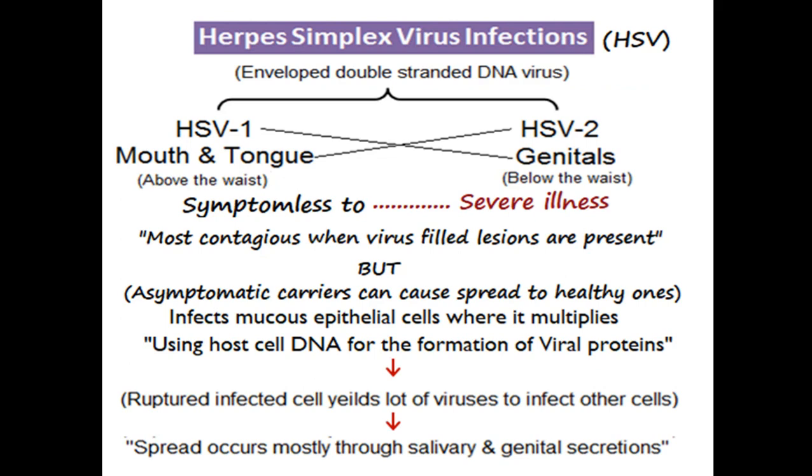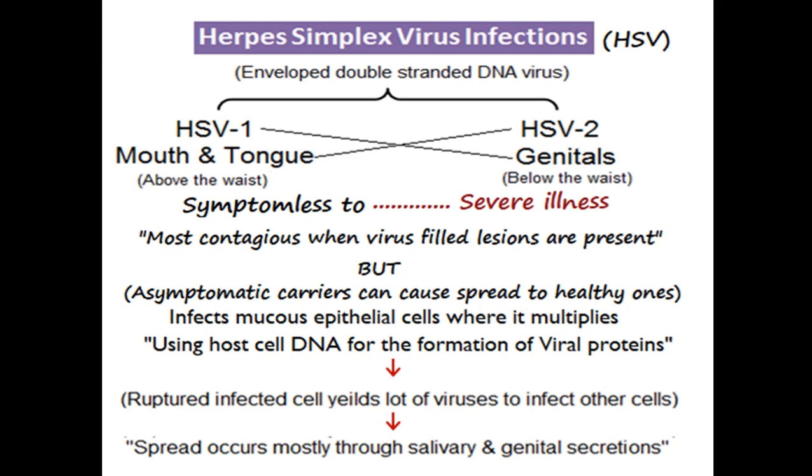Now, after the Aphthous ulcers, the second condition that we study in disorders of oral inflammatory lesions of the oral cavity is the viral infection by the herpes simplex virus. Now, what is this herpes simplex? Herpes simplex is a virus. It is an enveloped virus, by which we mean that it is contained in an envelope. It is a double-stranded DNA virus.